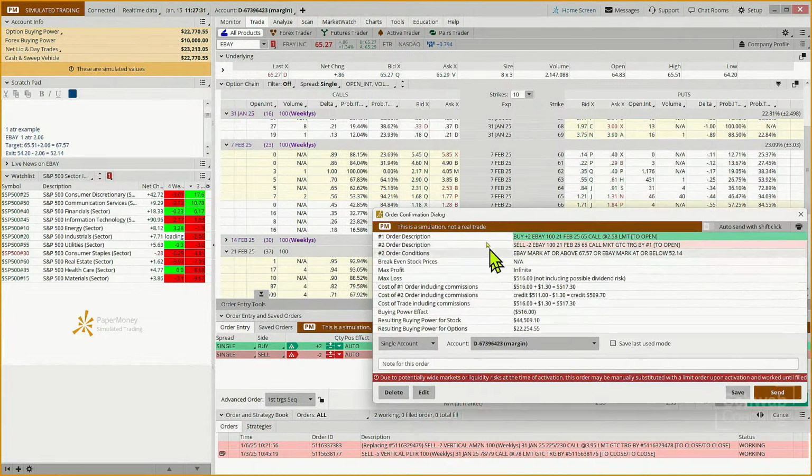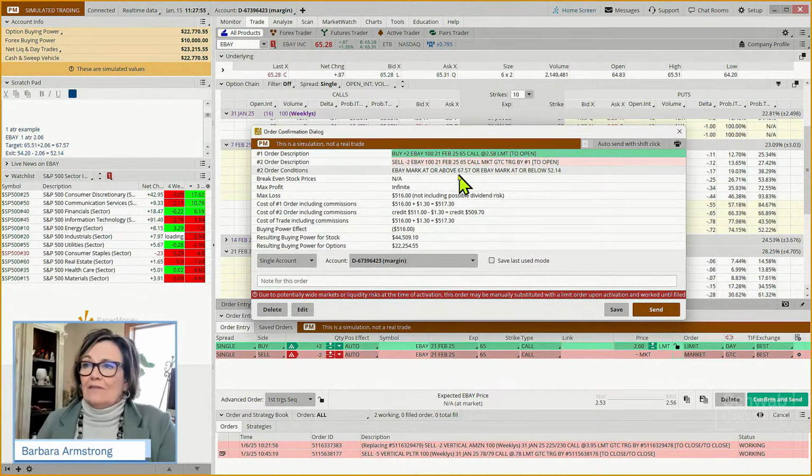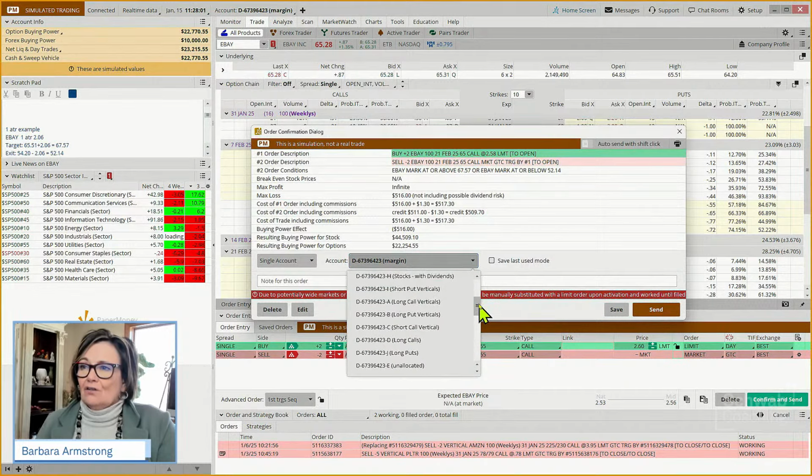How much could we lose when we're buying a call? We could lose all of it, the whole enchilada. So we could lose $516. It's saying what we could make is unlimited, is infinite. But the reality is we don't want to be greedy guts. We just want a little win. So if it goes up by $2 and 6 cents, we'll take whatever that win is. Okay. And so we're going to put this in our long call group.